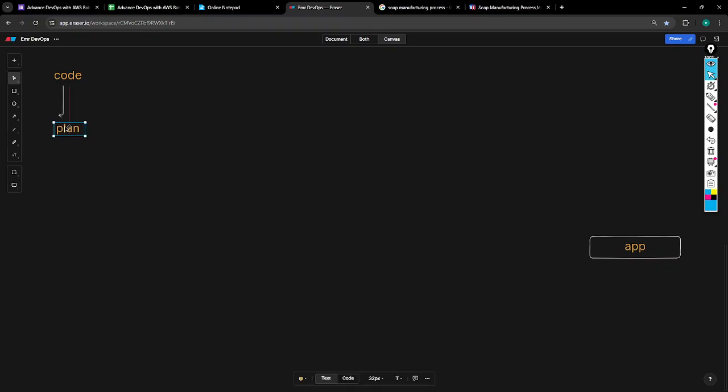Do you want to plan your soap in a square or a circle, or in which way you want to plan? So this next is a plan. After you have a code, then you have to go with the plan. Later you have to build it, like you're extracting a material from the raw material, right? You have to build, compile the code,